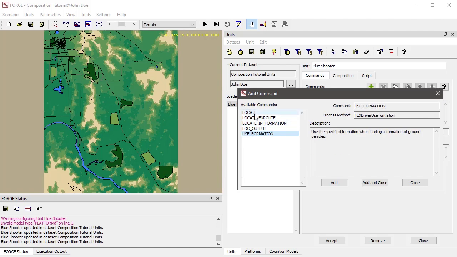So it's the developer of the cognition model that chose the name of these commands. It's the developer of the cognition model that specifies what that command's going to do, which method it's going to invoke. The cognition model developer wrote that method, so the cognition model developer chose what's going to happen when that command is initiated for a unit. And the cognition model developer actually typed in this description. So if the developer did a good job of explaining it, it makes it easy for you to understand what